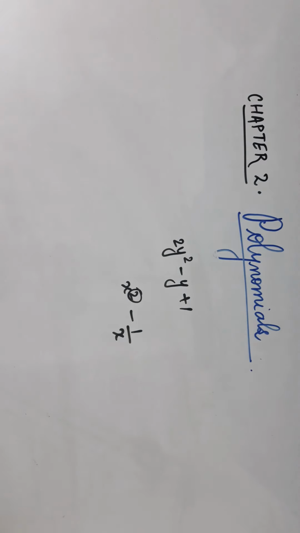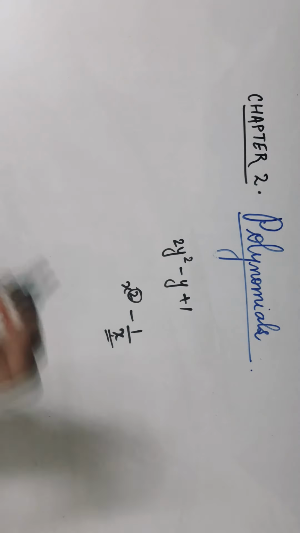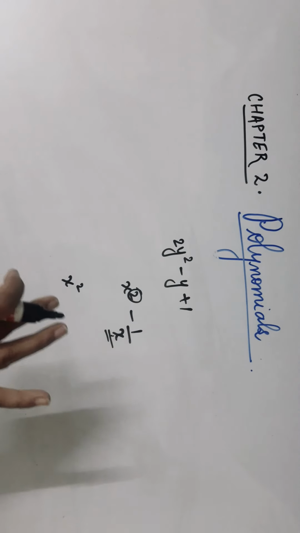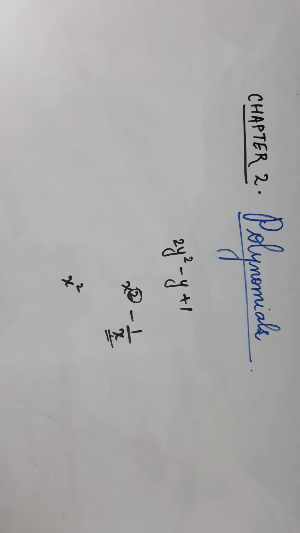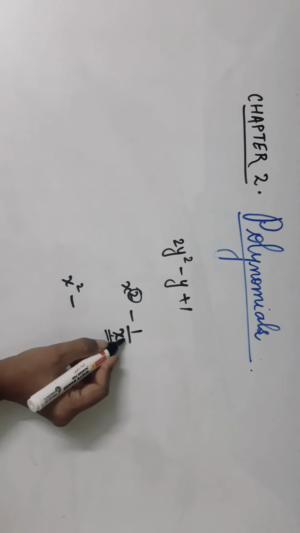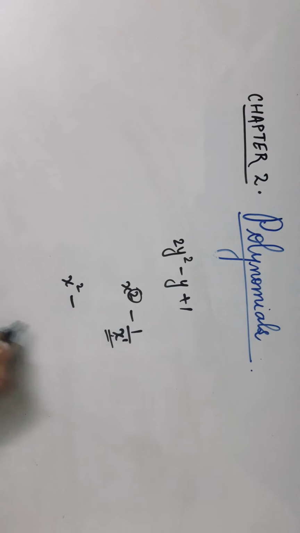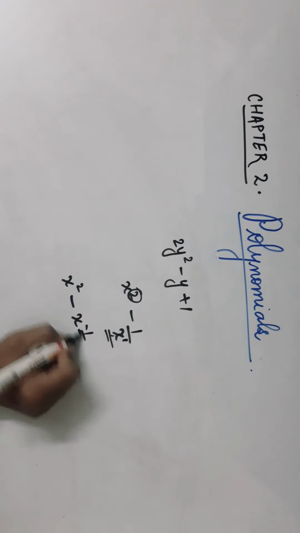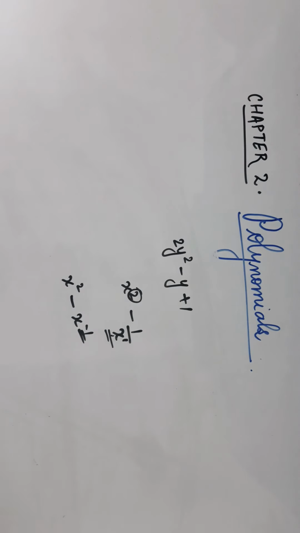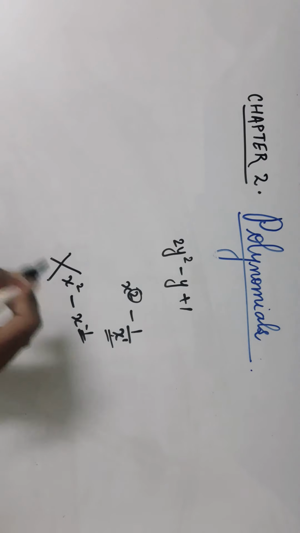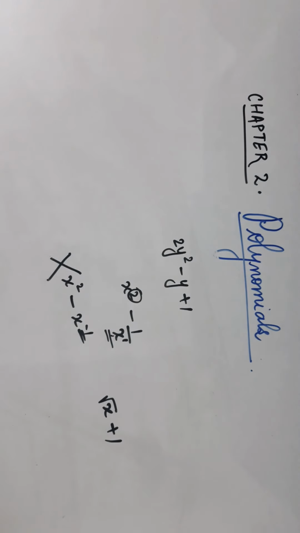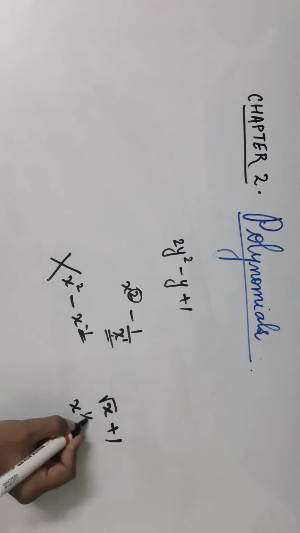So here 2 is a whole number, but what about this x? In the previous lecture only we have seen, if we want to take a term from denominator to numerator, its exponent sign is changed. So this minus x raised to 1, nothing is there means what? 1 is there. If I want to take it up in the numerator, it will be x raised to minus 1. Now this x raised to minus 1. Minus 1 is not a whole number, so it is not a polynomial. Then what about root x plus 1? What about this? Is it a polynomial? Again no. Root x means what? X raised to 1 by 2.